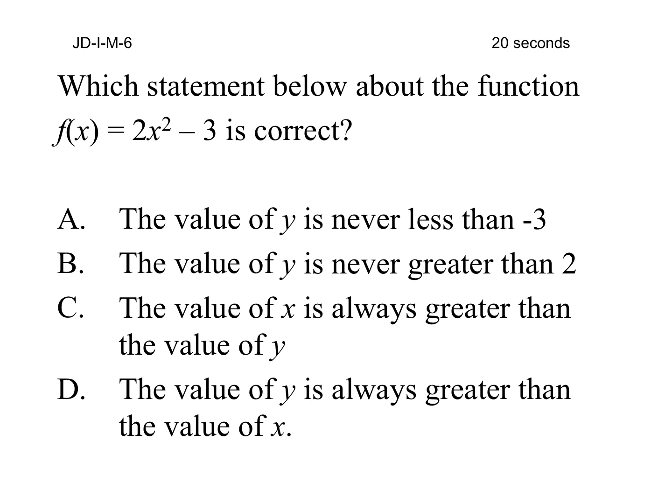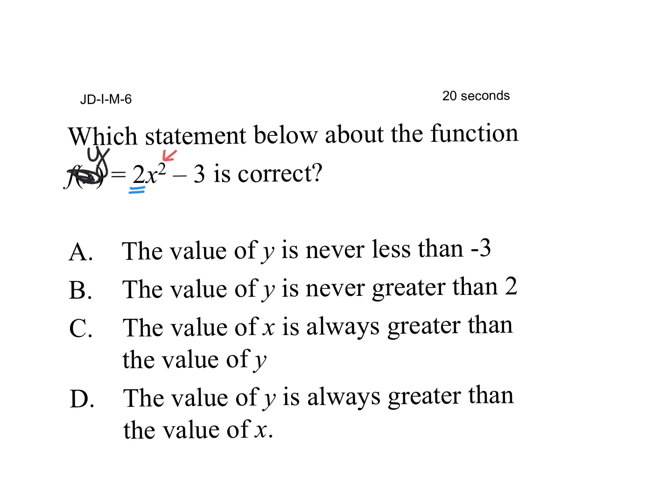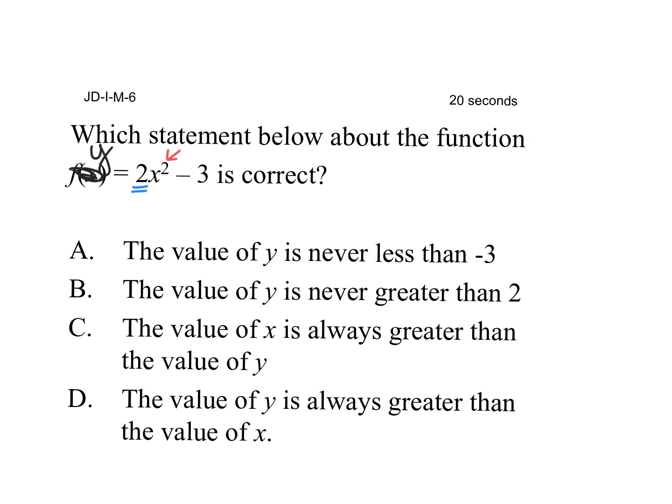Number 6, which statement below about the function f of x equals 2x squared minus 3 is correct? Remember, instead of f of x, they could have just put y equals here. So if you think about this, you know with the x squared, you know it's a parabola, so it's either going to be a u or an upside down u. Based off of the 2 in front, that's positive, so it is going to be a u shape, so it's opening up. If it opens up, that means that the vertex is at the minimum point,